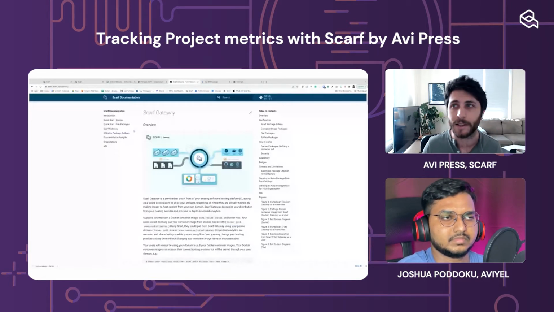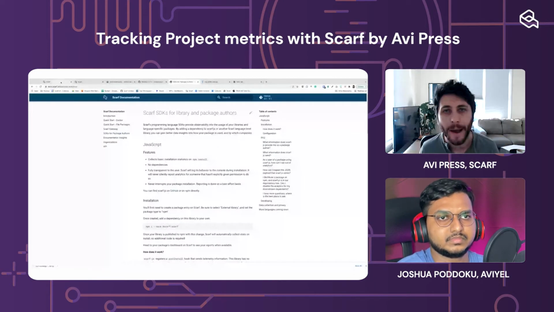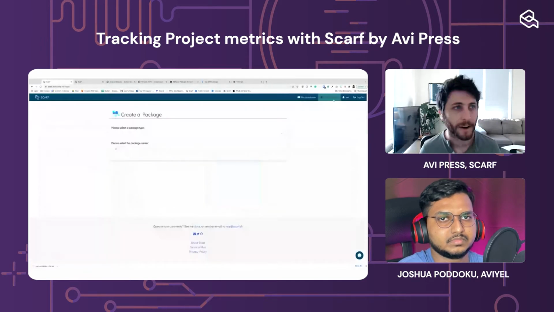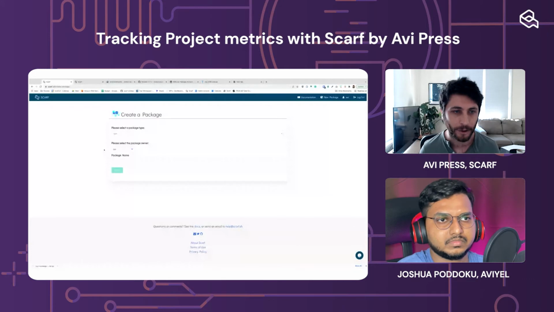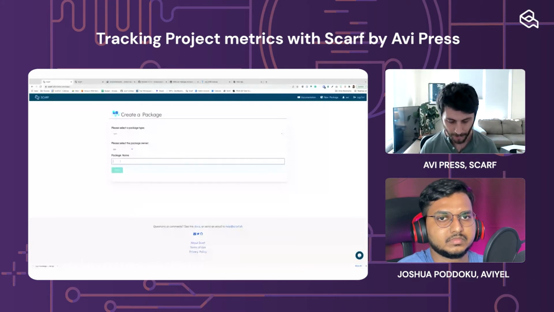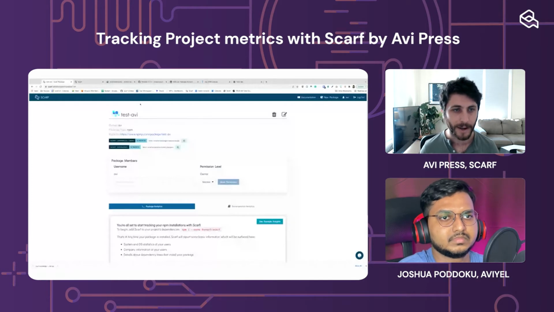And then the last thing that I didn't mention, which I think is a slightly less used tool in our tool chain, is that we also have similar kinds of analytics that you can get for JavaScript with our JavaScript SDK. So if you create a package name here, I'll just do a test Avi kind of thing.